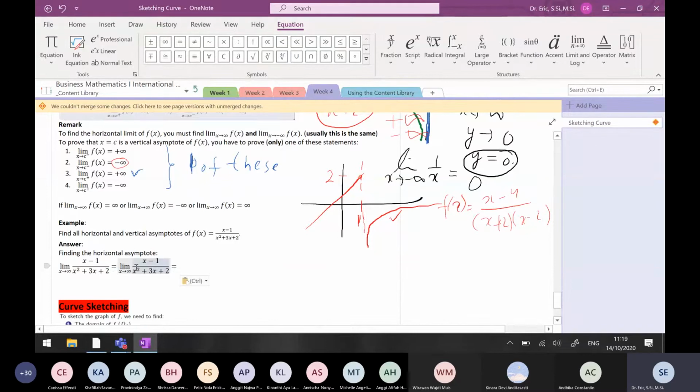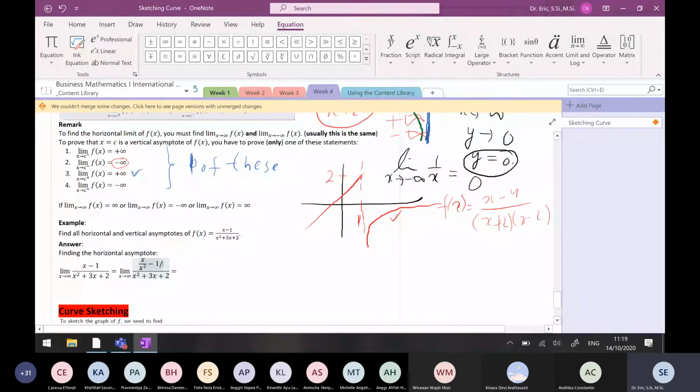Just the same as before. How do I find the limit when x goes to infinity? Don't forget, it will give infinity divided by infinity. Usually, you divide by the highest degree of the polynomial. So with x to the power of 1 and x to the power of 2, you have to divide by x squared. Why? So the limit at the numerator and the limit at the denominator exist.